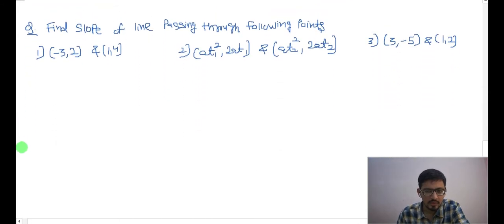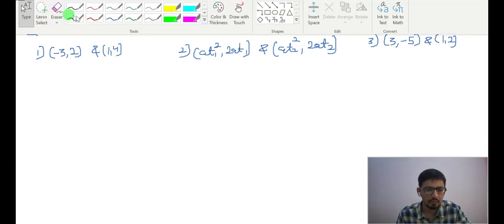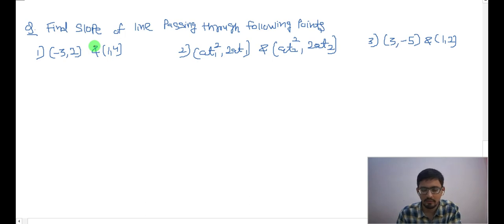Now next question you see. Next question, what they're asking: find the slope of line passing through the following points. Now already we know from 2 points you can draw only one line. So when 2 points are given, how to find the slope of line? Already we discussed the formula delta y upon delta x. So point 1 minus point 2 you do, or point 2 minus point 1 you do, it's up to you. But make sure that in the numerator it is delta y and in the denominator it is delta x.